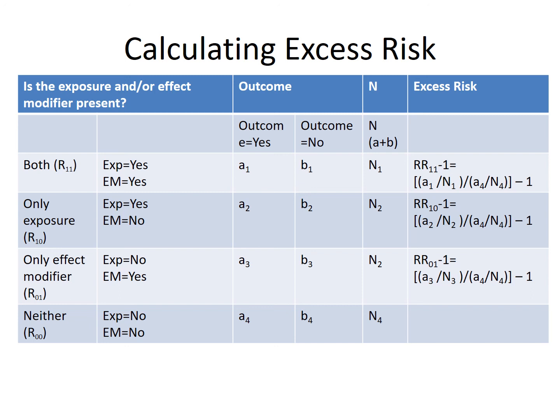The final thing to look for is the measurement for just the effect modifier. So that is, in the example of urban, you're looking at the urban kids who were not bullied. They don't have the exposure. And that's A3 divided by N3, and you take that over the same reference group you've been using for the others to get your risk ratio, which is A4 divided by N4. Then you have your risk ratio related to just the effect modifier, and you subtract 1 just to get the